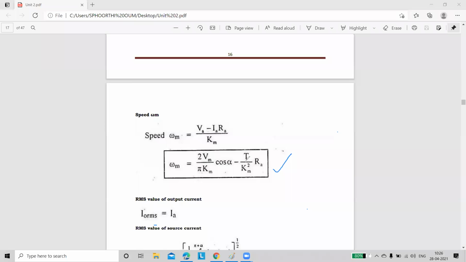Torque is the variable. You have to check whether it is constant or variable. Km is the motor constant, it is a constant value. And Ra is the armature resistance. Here the armature resistance is always a constant value. That means from this expression, clearly we can say that omega m is directly related to T. Is it right or not? Yes, ma'am. By varying the torque, speed is going to be changed.